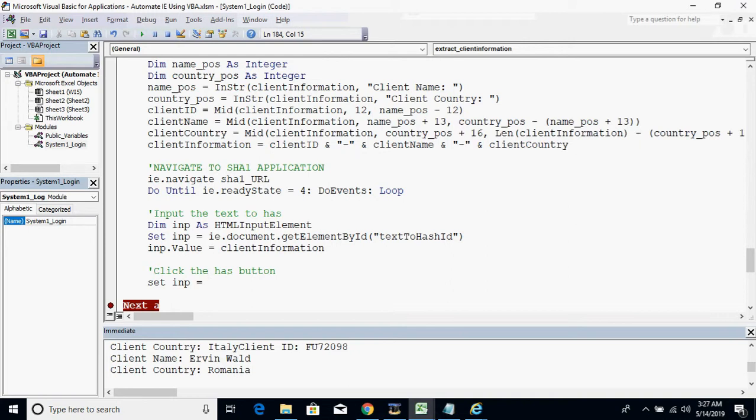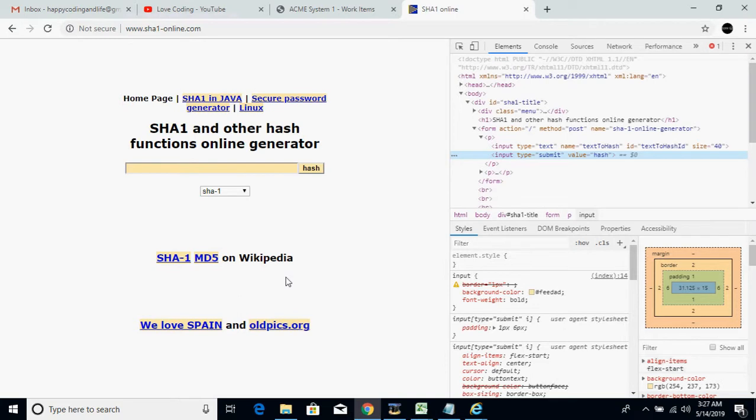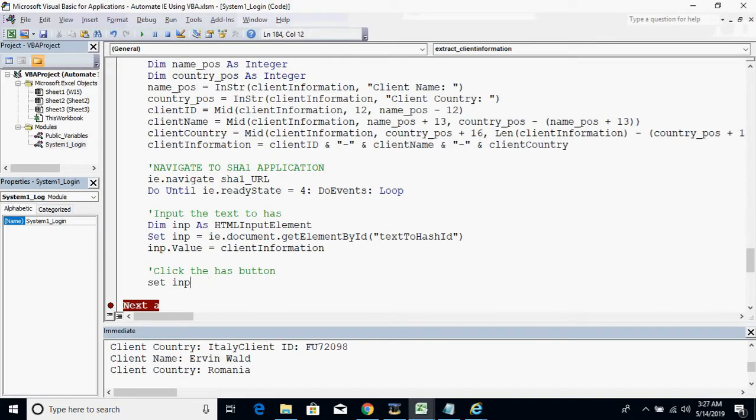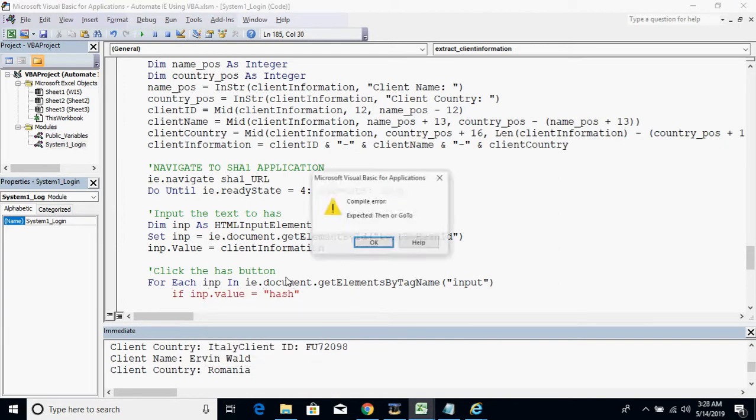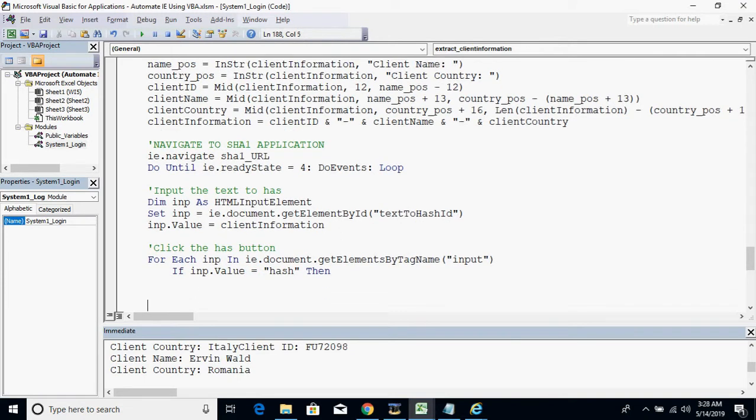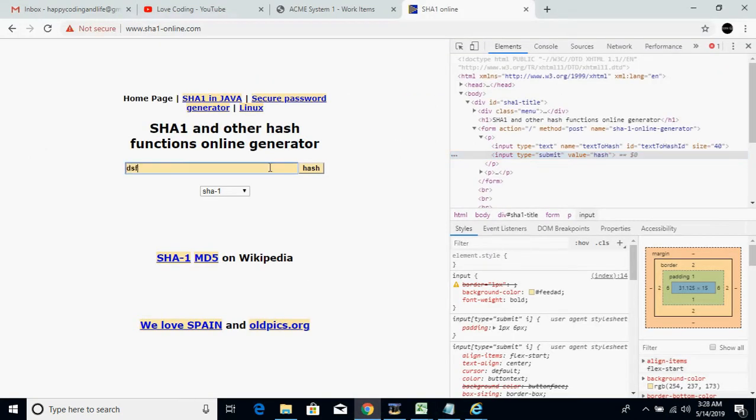So we will be using a... no, we cannot modify this INP. So in this case, we need to use a for each loop: for each INP in i.document.getElementsByTagName input, next INP, and then if inp.value is equal to hash, we'll be using that attribute. Then we need to click that element, and then